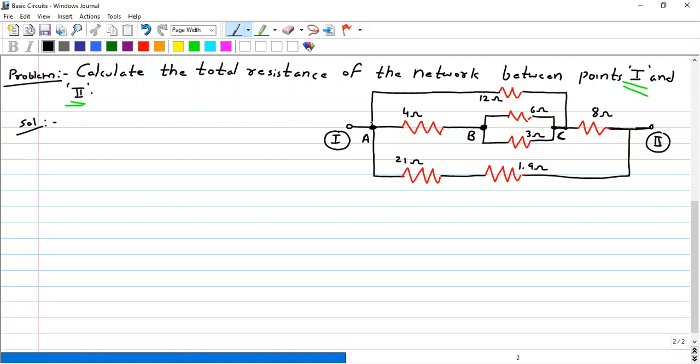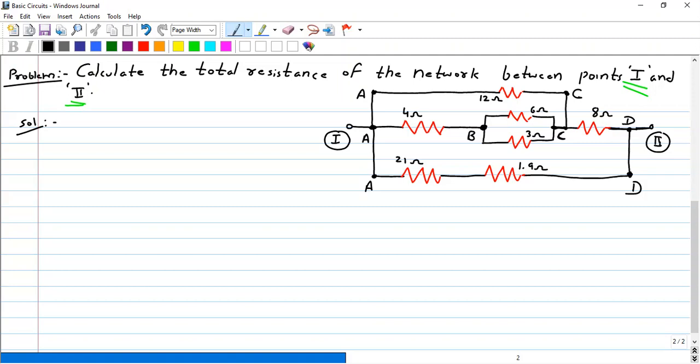If this is A, this point also will be A because there is no element like a resistor, inductor, capacitor, or any voltage source. So up to here, everything is A. If this point is C, this point will also be C because there is no element between these 2 points. Both are at the same potential. Similarly, this point will also be A. And if this is C, this will not be C because we have a resistance here. So the other terminal we can mark with D. If this is D, then this point is also D. So every point or node now has an alphabet name: A, B, C, D.